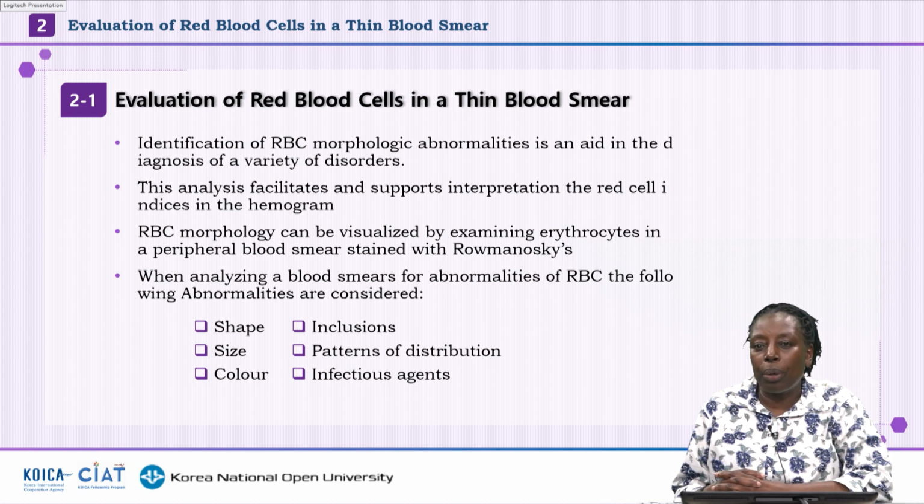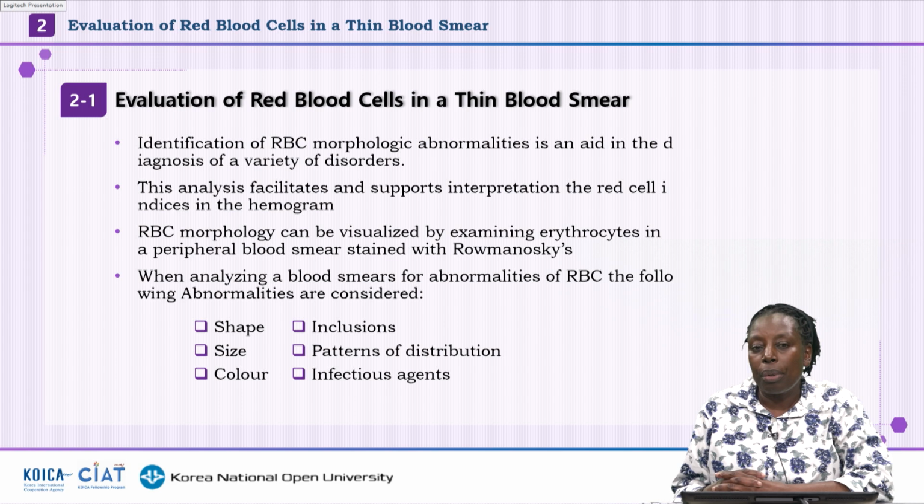And this is going to support us in the interpretation of the red blood cell indices in the hemogram or the erythrogram. The morphology can be seen visually in a thin blood smear that has been stained with the Romanowsky stains. And when evaluating red blood cells, we look for the following: